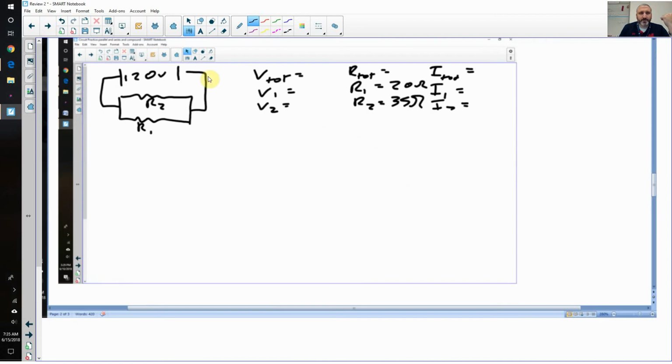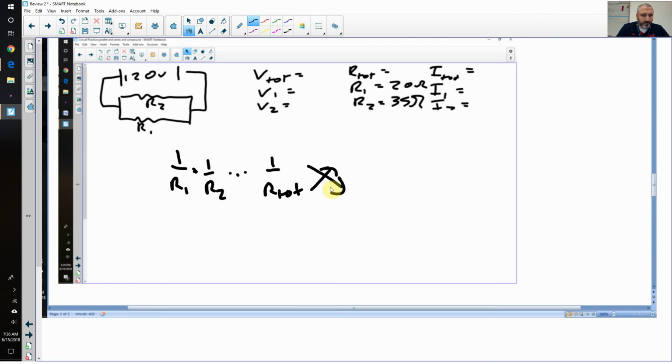So now we're up to this parallel circuit, and if you remember to calculate total resistance in a parallel piece, it's going to be 1 over R1 plus 1 over R2, yada yada yada, equals 1 over R total. So whatever you get from here, you have to invert to get your new resistance. So in this case, 1 over R1, which is 20, plus 1 over R2, which is 35, gives you 0.078. But if you invert 0.078,